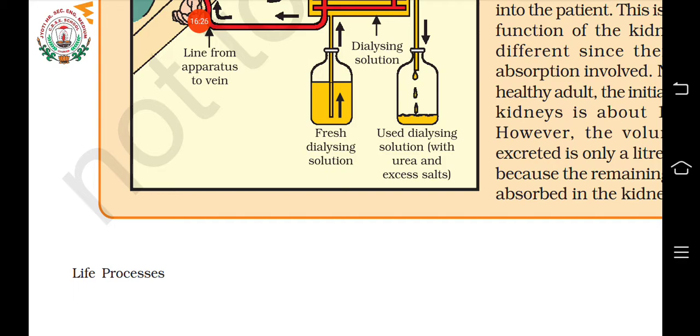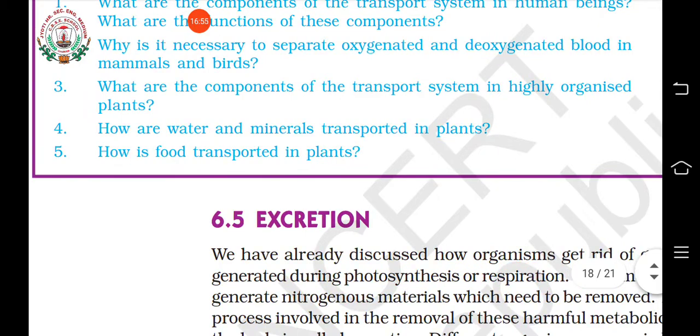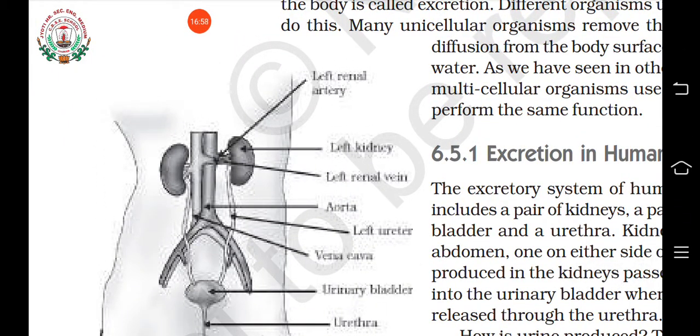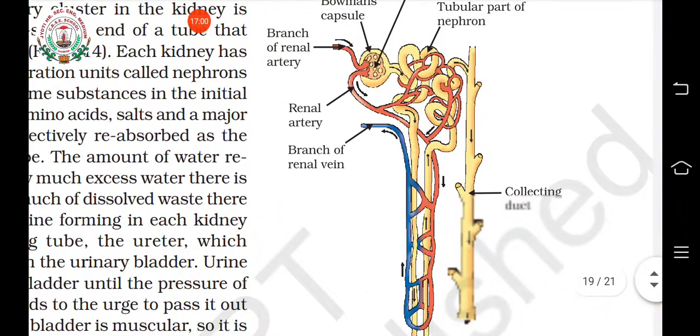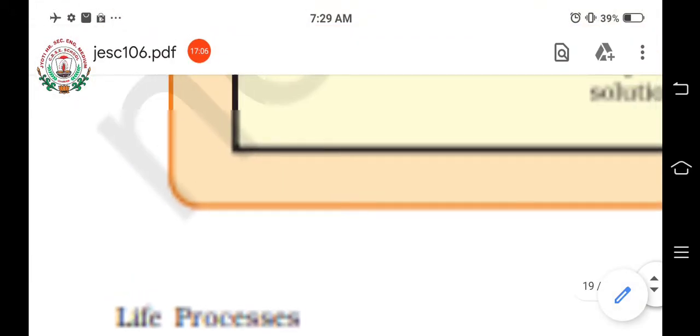So we have studied excretion, isn't it? The excretion takes place in various organisms. Then I have told you about the excretory system of human beings, its structural and functional unit known as the nephron, its structure. And then I told you about the process of urine formation. So you will have to draw the diagrams in your copy and practice. The excretory system diagram was asked many times. Then the nephron structure, and the dialyzing unit; this much you should draw in your copy.